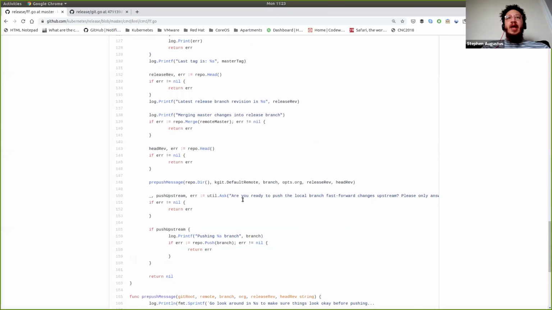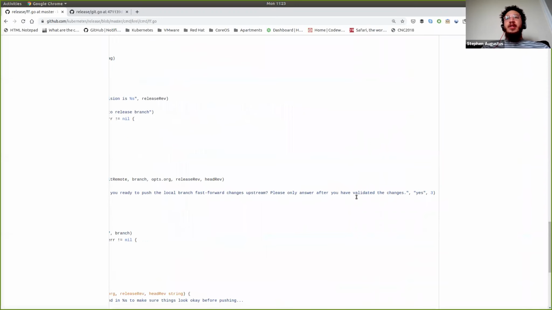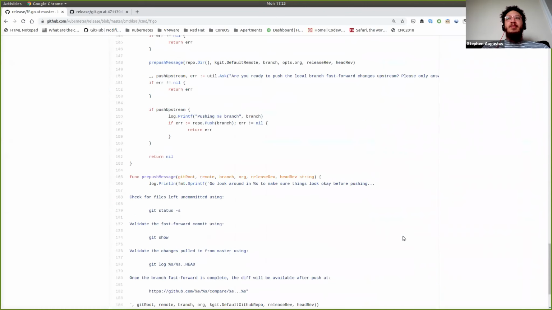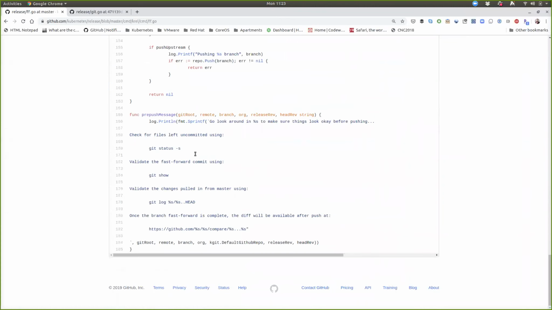So, and then lastly, it'll say, are you ready to push that local branch fast forward upstream, right? And this will ask you 3 times, and it'll expect yes as an answer. And if it doesn't get that, it'll bail out. So there are a few backstops to prevent you from doing bad things. Any questions on that? So at the very end here, it would catch any merge conflicts or any sort of